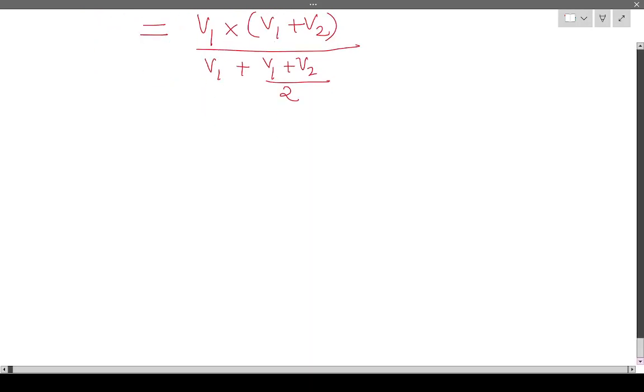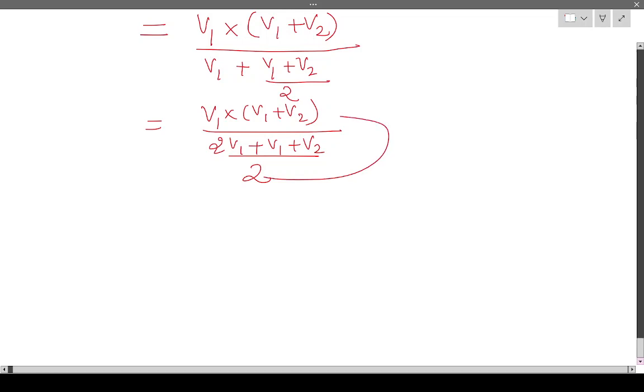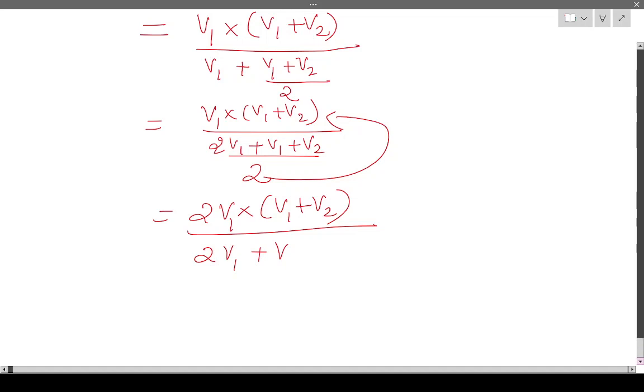This is simplification: v1 into v1 plus v2 whole divided by, you take the LCM as 2, this is going to be 2v1 plus v2, and this will go here. This is going to be 2v1 into v1 plus v2 by 2v1 plus